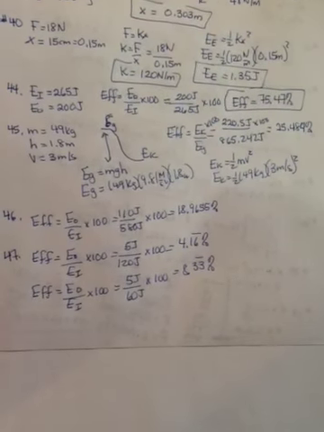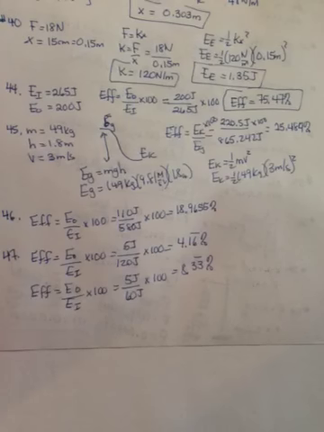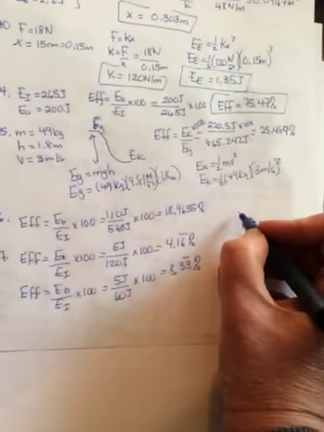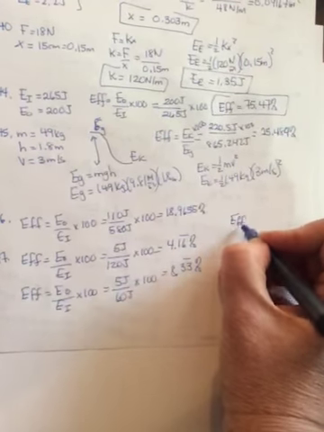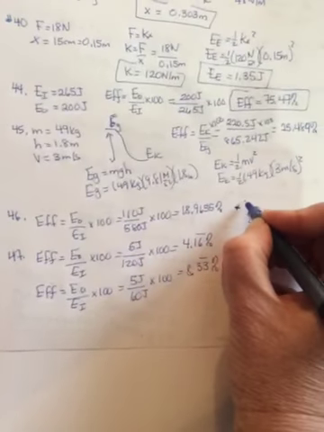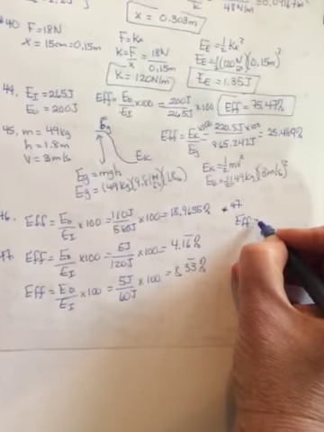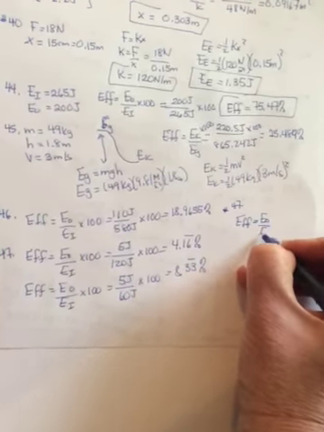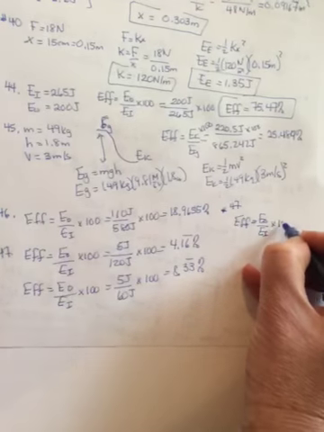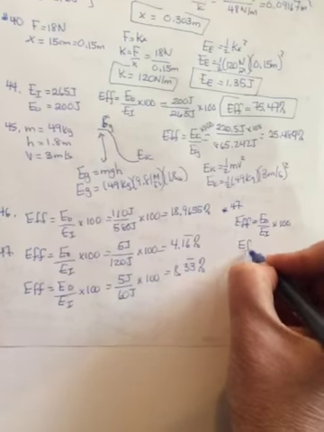Number 48, we're going to run out of time. A microwave oven transforms 345 joules of radiation to 310. So efficiency is equal to out over in times 100 is equal